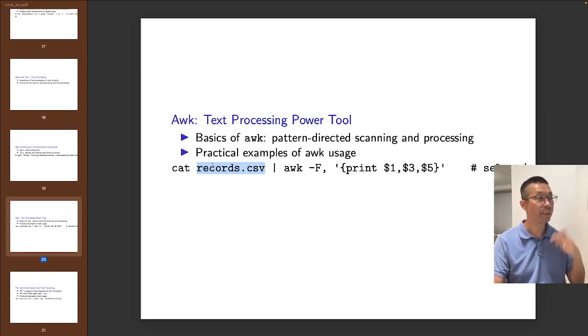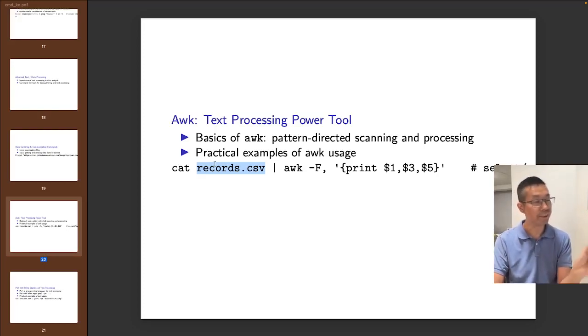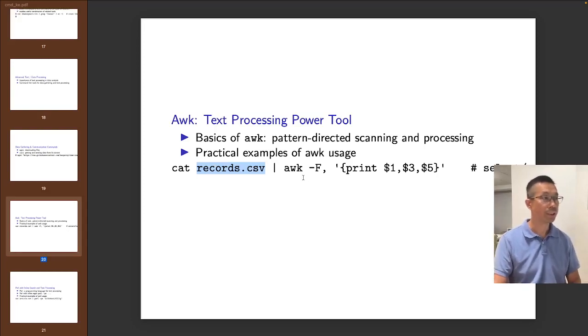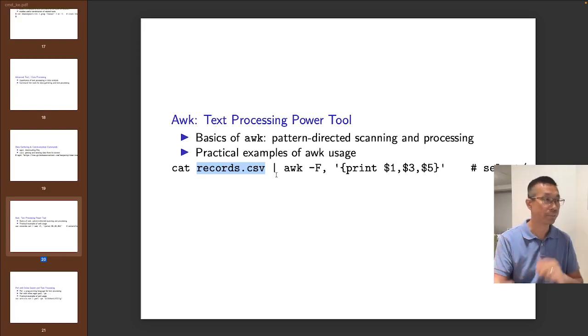CSV is comma delimited, right? You have multiple fields or columns on each row, delimited either by a comma or a tab or other special symbols. And so if your data can be separated into columns, awk is a great tool on the command line. So let's say